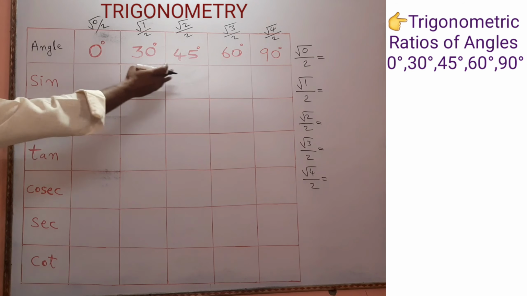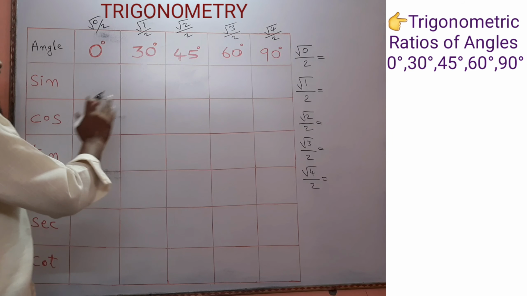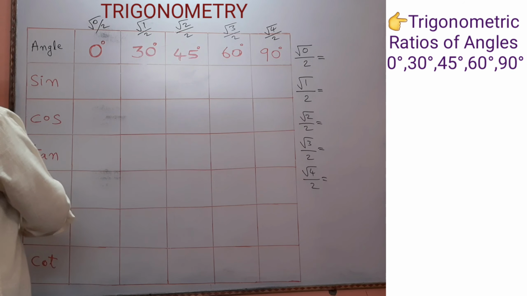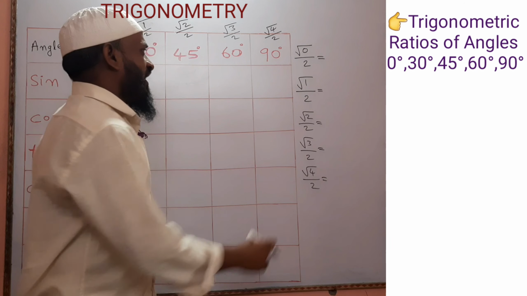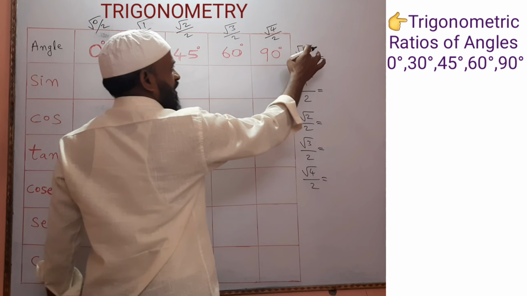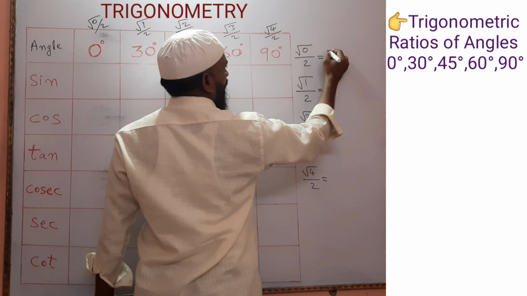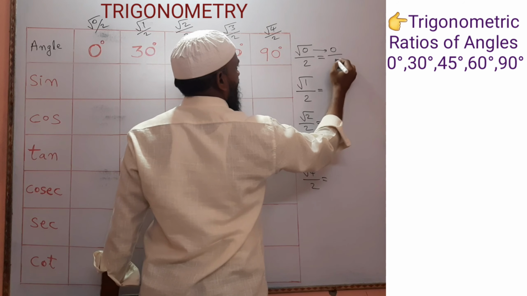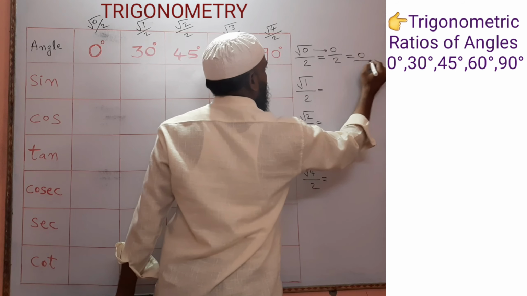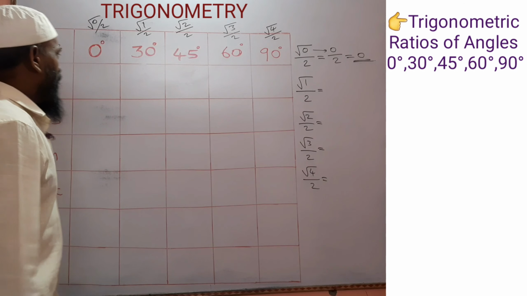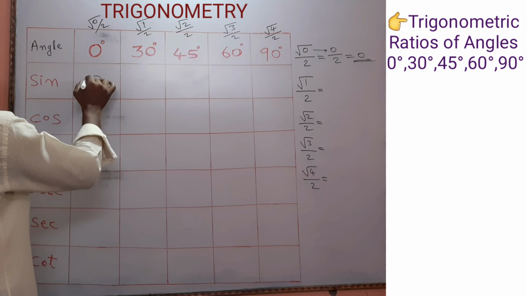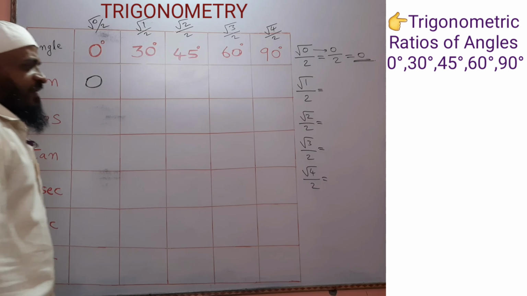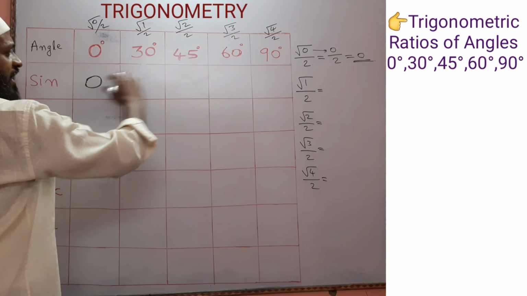So after getting sine values, it will be very simple to take cos values and tan values and the remaining ones. So see students, what is the trick? First of all, take square root 0 by 2. Square root 0 means simply 0 only. 0 by 2 is nothing but 0 only. So sine 0 value we can take 0. So from this trick we can find sine values easily.